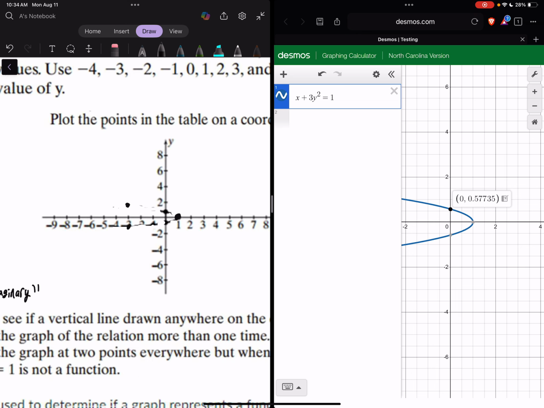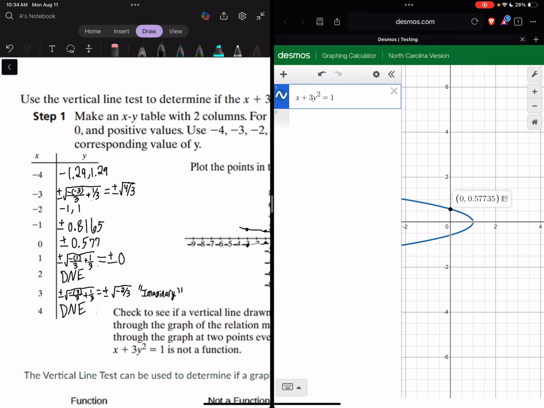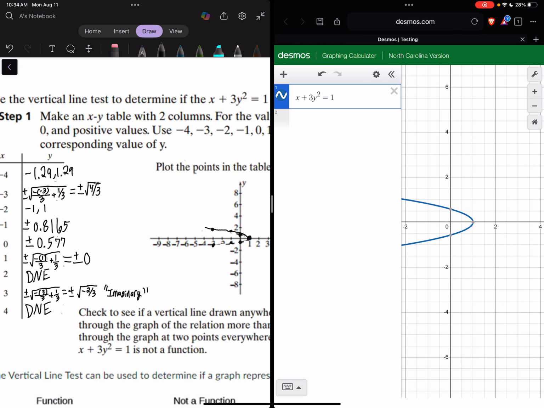Okay. Plotting these points, I get this graph,